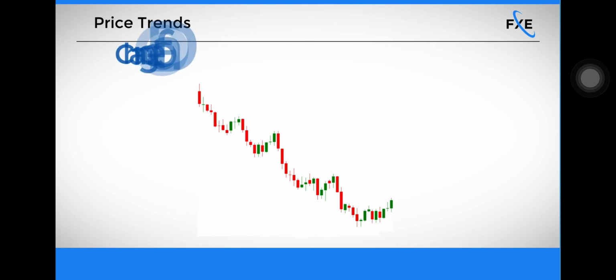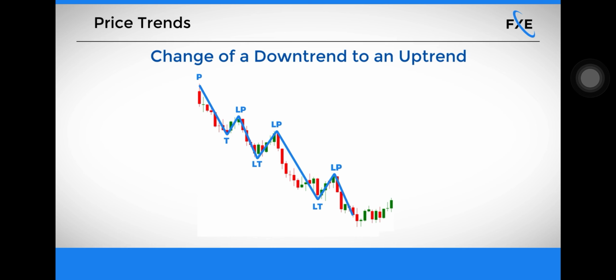The example that we can now see on the screen shows a series of lower peaks and lower troughs that are confirming the market is in a long-term downtrend. Closer to the end of the chart, there is a situation where price has formed a higher trough, and this is the first signal that there may be a potential change of trend. Once price crossed above the previous lower peak, there is confirmation that the current long-term downtrend has come to an end, and the new sequence of a peak, a higher trough, and now a higher peak confirms that the new long-term uptrend has commenced. You have now been able to establish the short-term and long-term trends inside the price chart